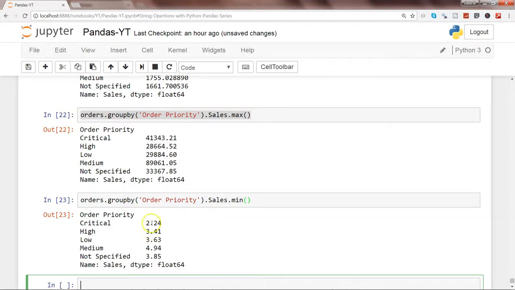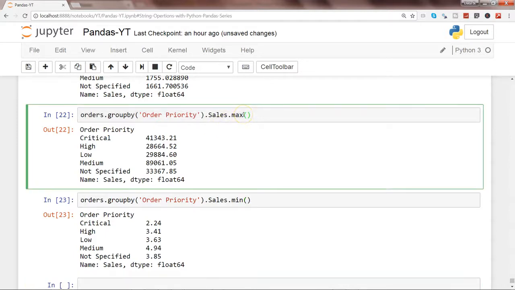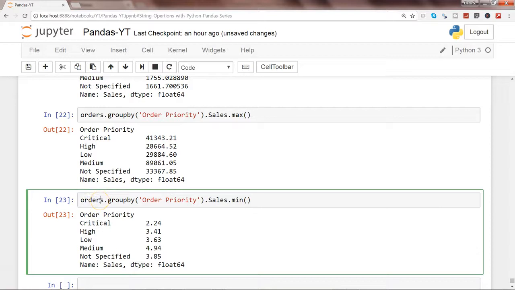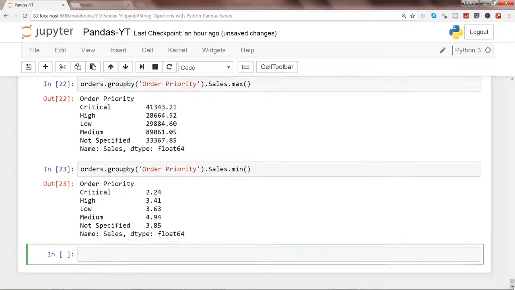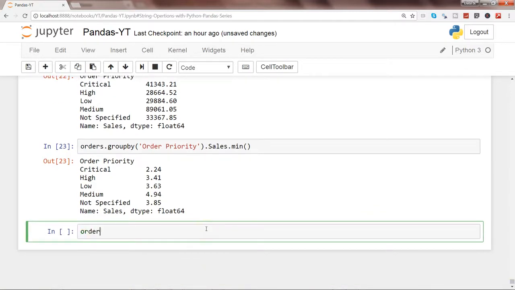So far we have seen the min, max, average and sum for these group by categories for this data frame orders. Let's say you are interested in seeing all of these things in just one single matrix. How can you do that? For that, let me scroll a little bit and say orders dot group by, same expression, order priority, and then sales dot agg.